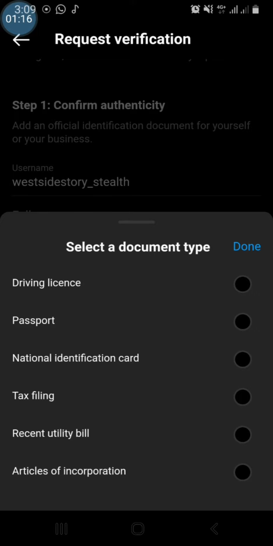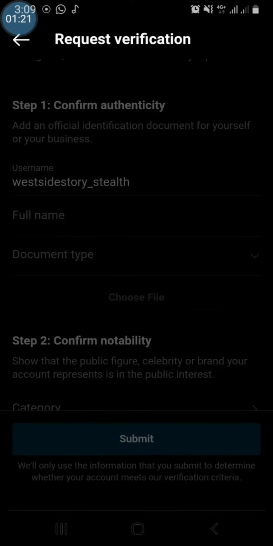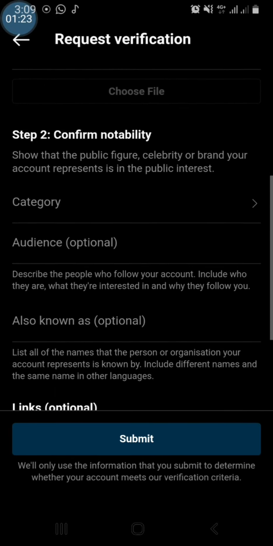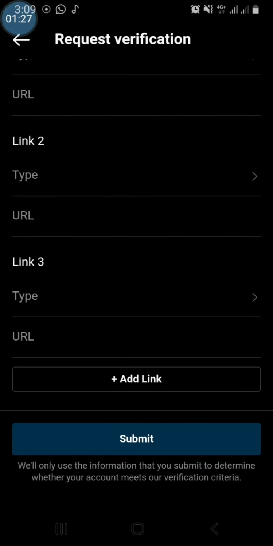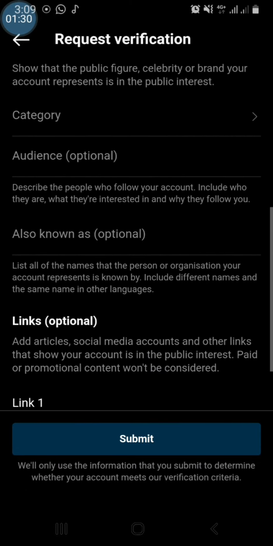So you can see all here, so you have to select it. Even a driver's license is also better. Then fill in every detail you have to fill here. You have to submit it, and when you submit it, you wait from that day for up to 3 days,